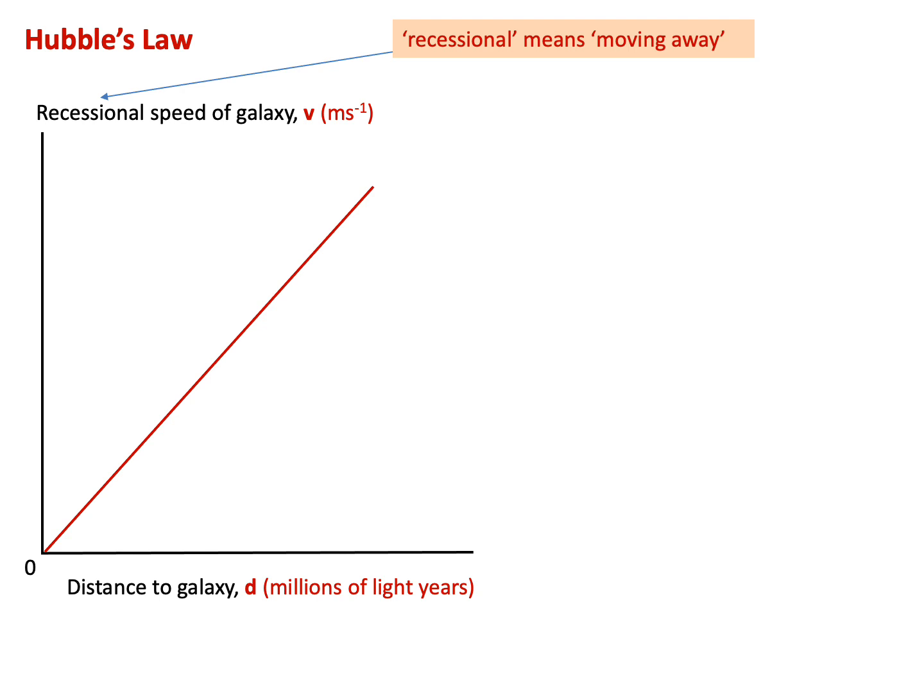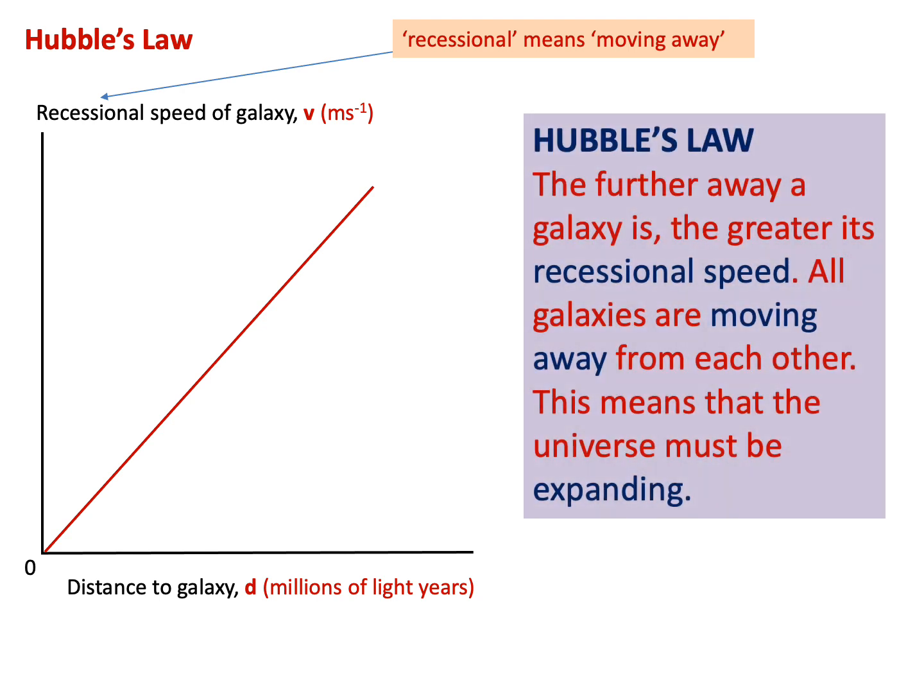Well, the first thing to note is that Hubble discovered all the galaxies were moving away from us. Quite an astonishing surprise, really, for physicists at the time. But he actually discovered something even more remarkable, and that's shown in the graph. Because if you look at the graph, the further away the galaxy is, the bigger the distance to it, that's to the right of the x-axis, the faster it's moving away from us, the greater the recessional speed. And this has led to what we call Hubble's Law.